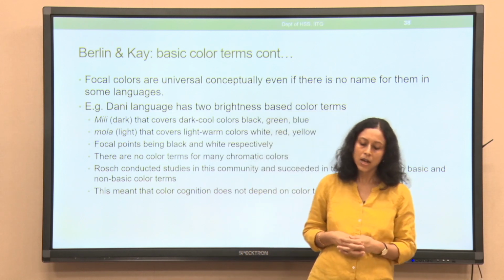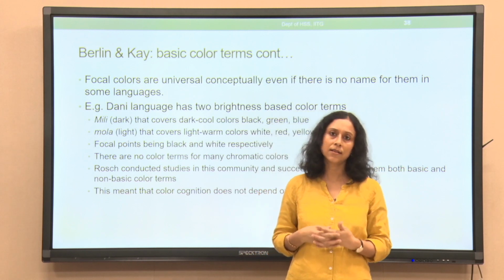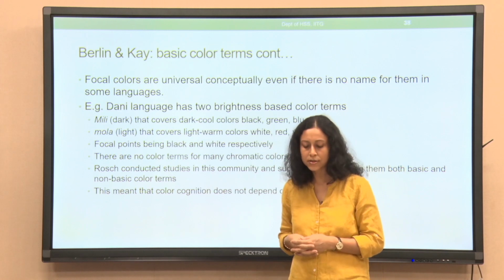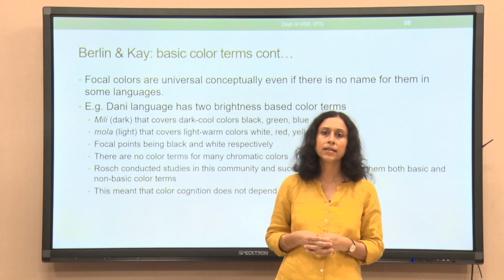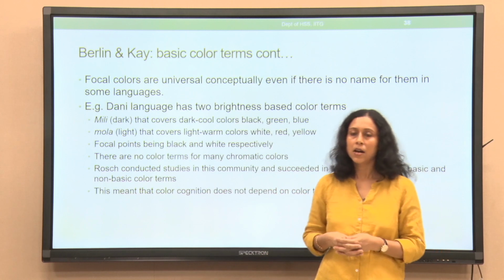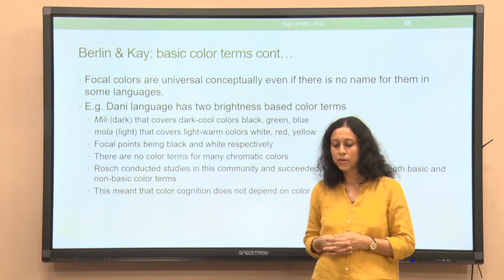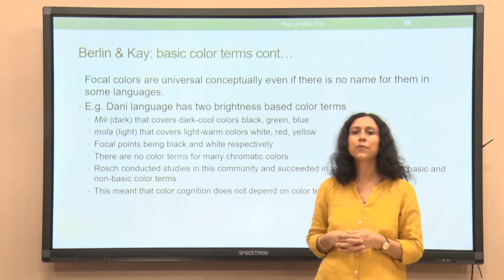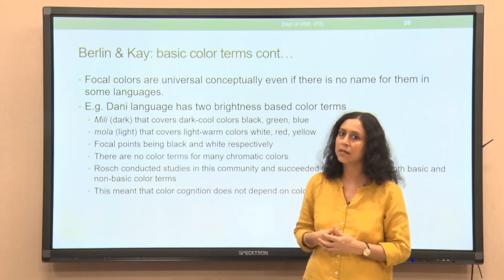From that point we have talked about conceptual categorization as a process and what the outcome of those processes is. We have also seen various theories of categorization: the classical theory, and then we went on to look at the prototype theory and the exemplar theory with the help of color terms and so on. While discussing color terms, we have seen that languages in the world differ in the number of basic color terms they may have.